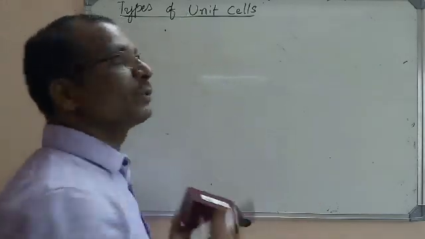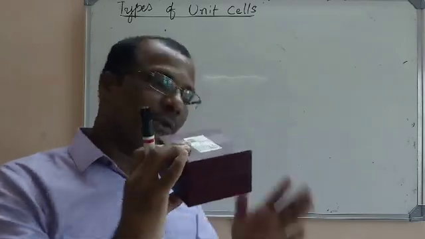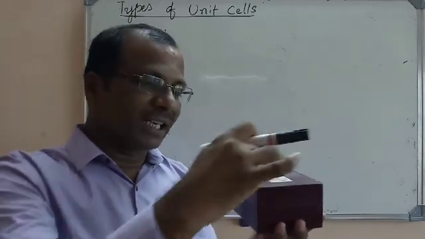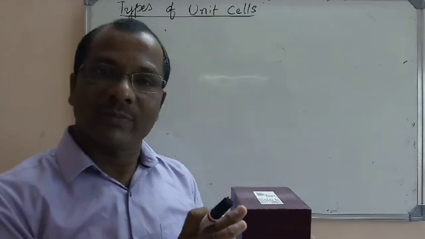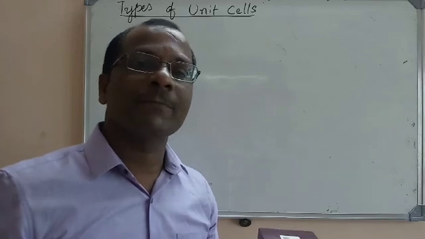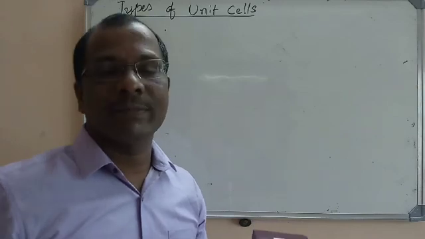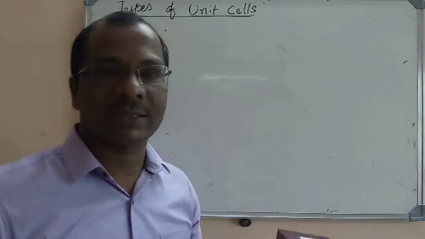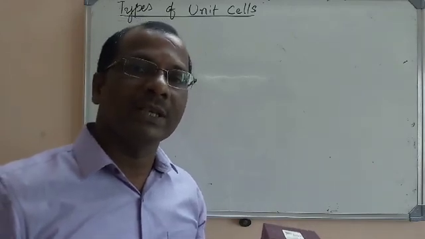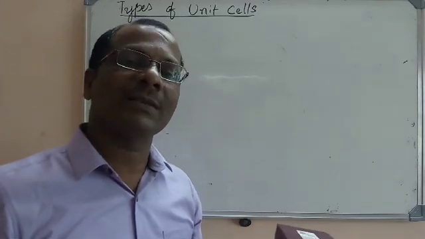Now, how many types of unit cells are there? Here you can arrange the points. For example, if this is a unit cell, you can arrange the points on the faces or at the corners. Point means nothing but a lattice point. What is a lattice point? Nothing but an atom or a molecule or an ion, based on the type of the crystal. In some crystals we have atoms as the lattice points. In some crystals we have molecules as the lattice points. In some crystals we have ions as the lattice points. A lattice point is nothing but one ion or atom or molecule.